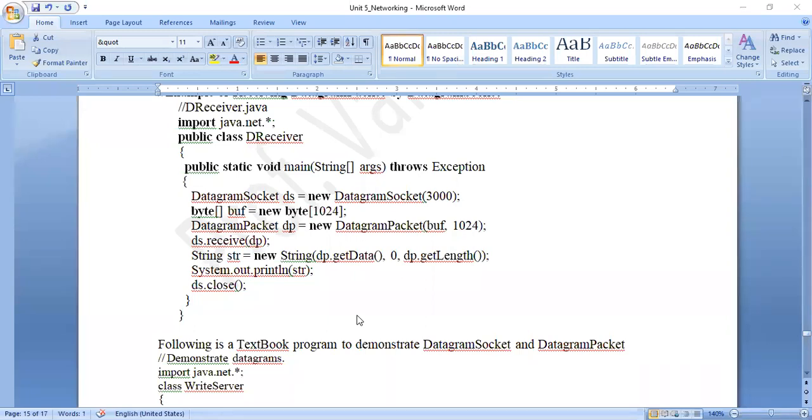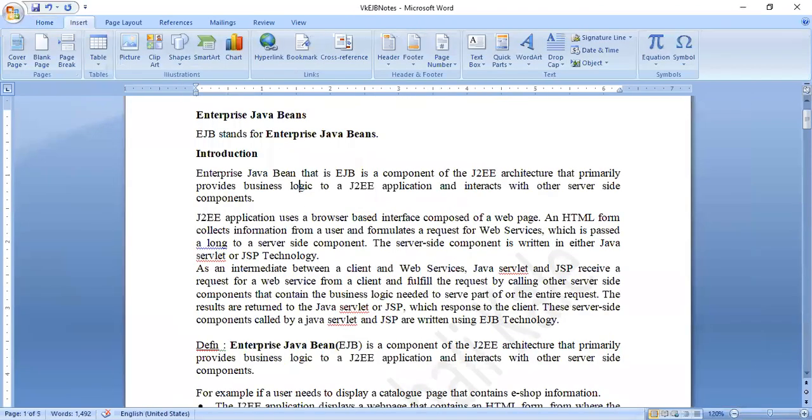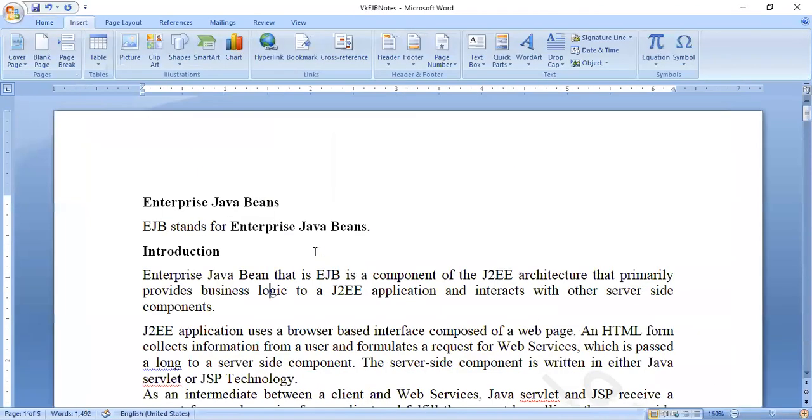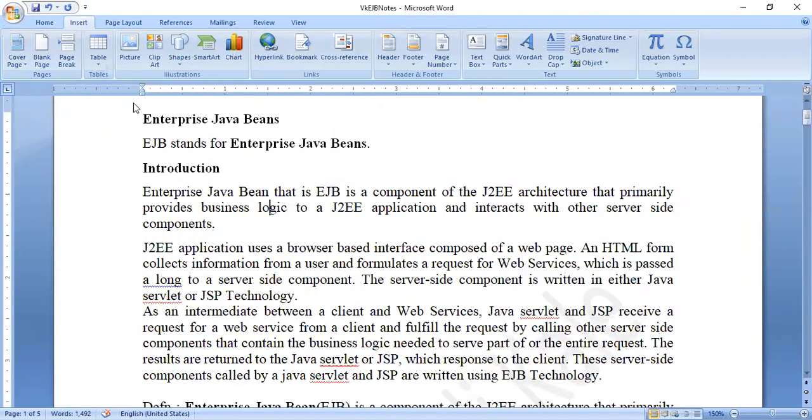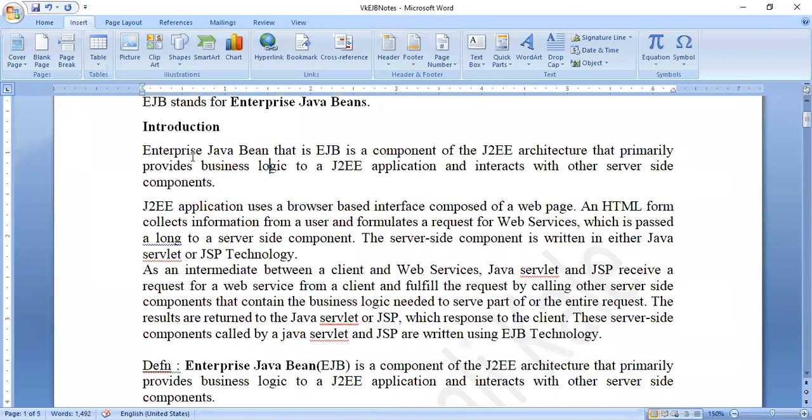Then Enterprise Java Bean. Yeah, so I have brought you to the new text file. So here, Enterprise Java Bean. Now, before I start here, I want to tell you something. How will I explain it with a real-time example? Now, suppose,